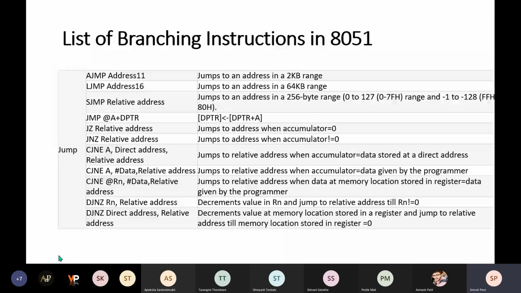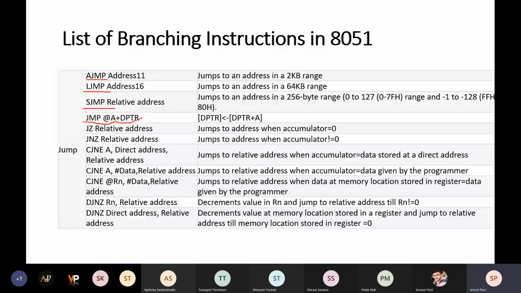What are these three unconditional jump instructions? First one is L jump, A jump, L jump, and S jump, or short jump, absolute jump, and long jump. Three unconditional jumps are given there. Along with that, jump with the reference of A and DPTR is also present there.